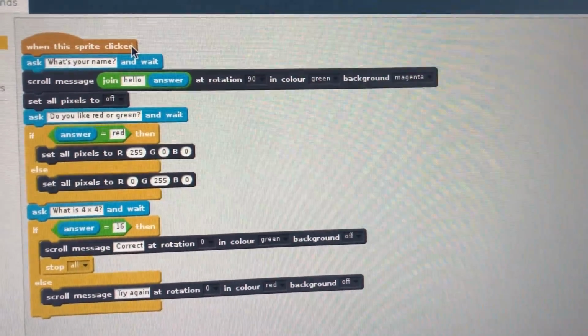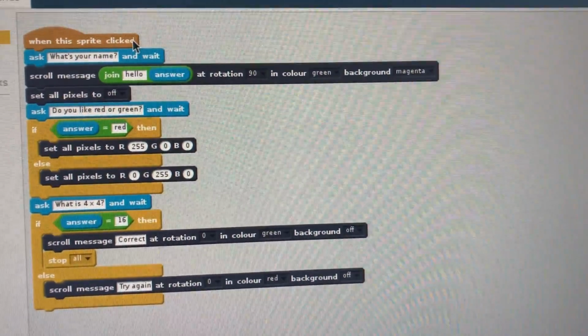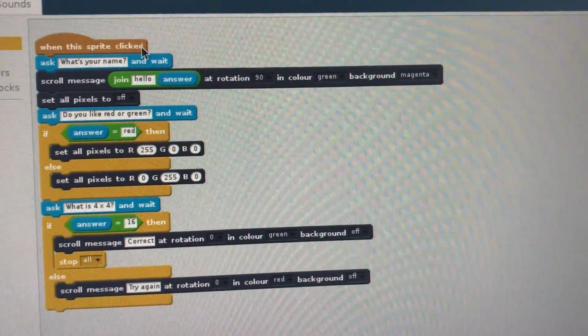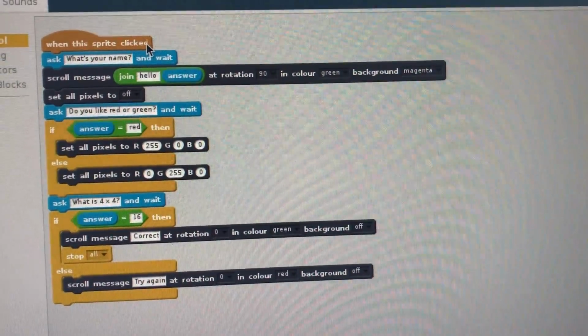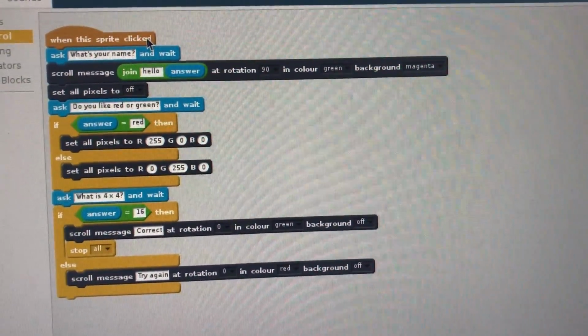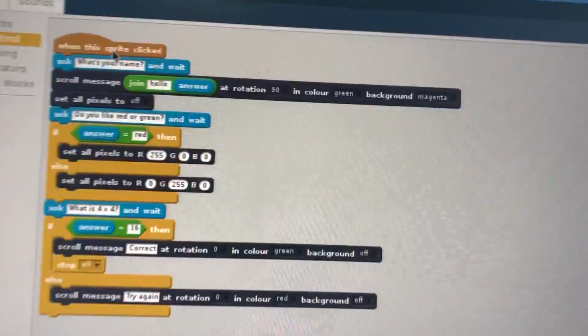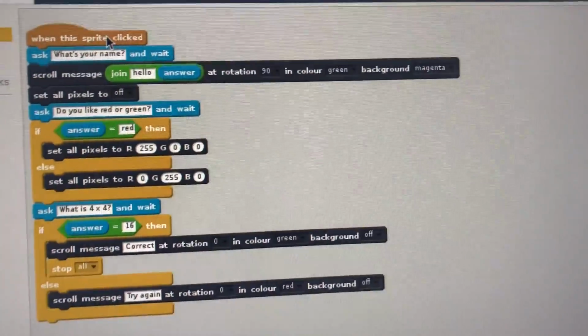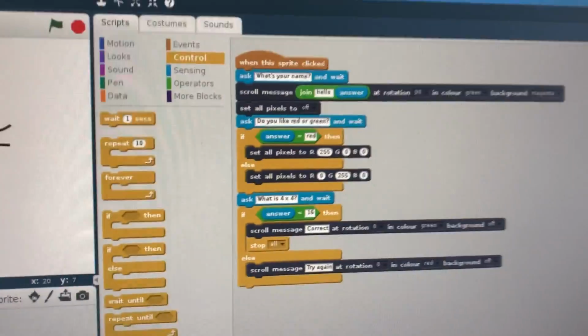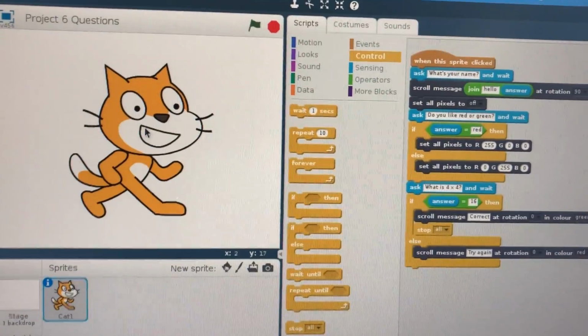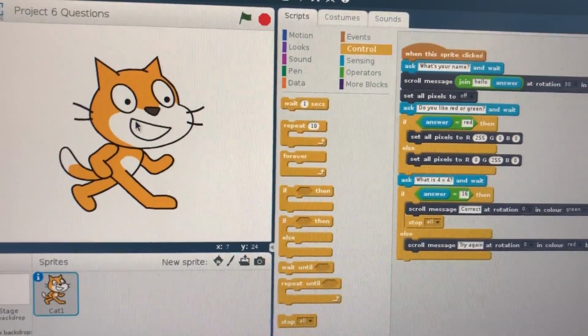Okay, so we're back. We're going to work on looking at if-else statements in Scratch here. As I walk through this, you can always pause the video and copy the code into your Scratch, but I'm going to walk through it and show you how the code is working here. So when this sprite is clicked, that's obviously this sprite, this cat. If you look over here, whenever I click on that sprite, it's going to